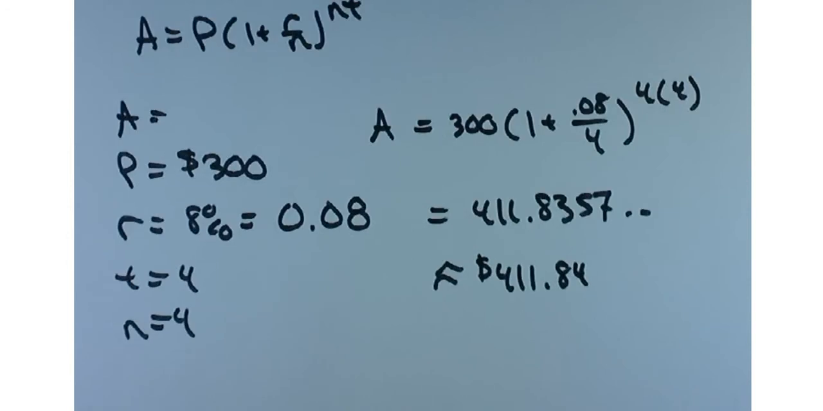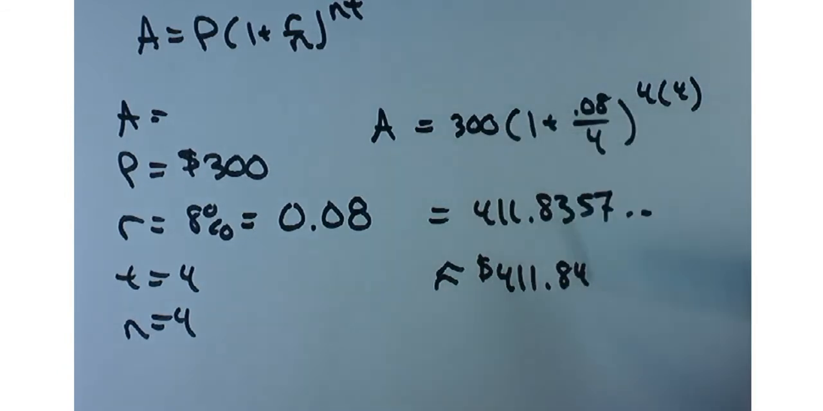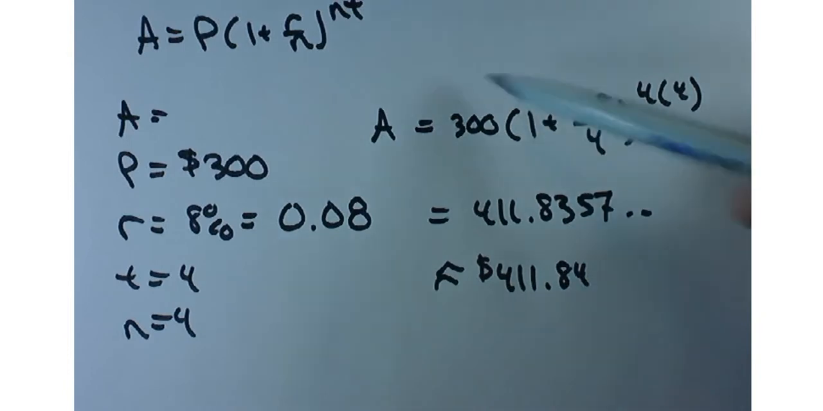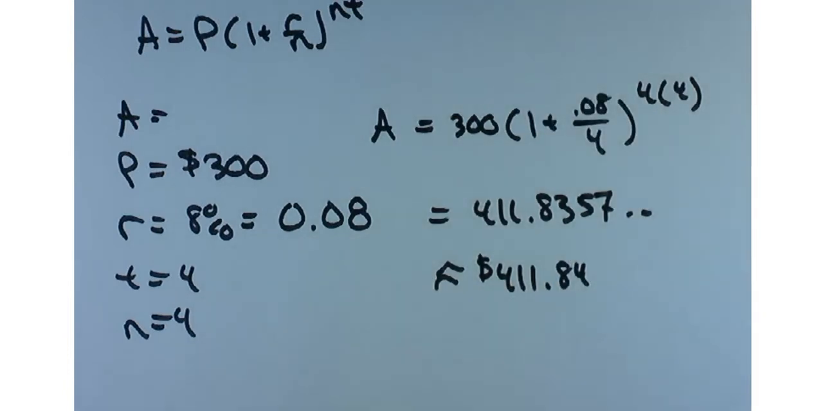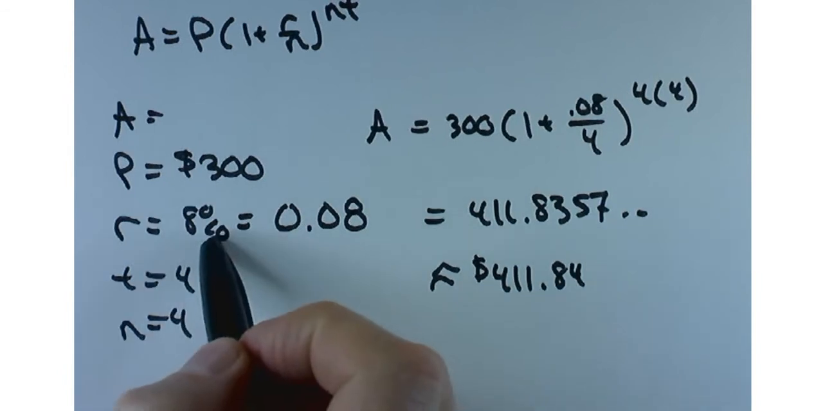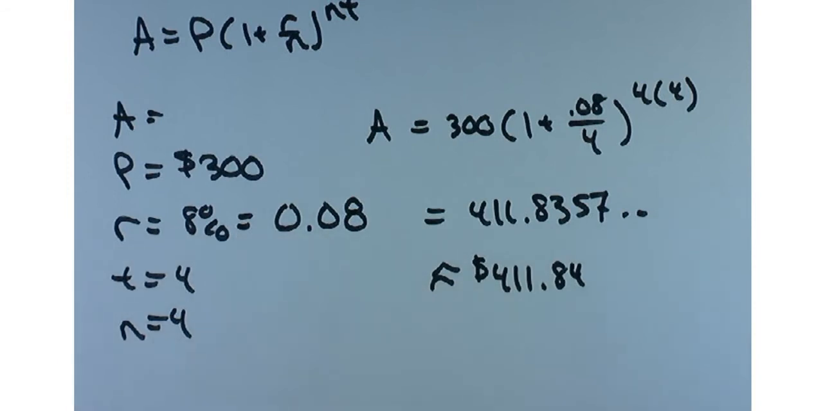Hey, that's how much it's worth. So how much in interest did you earn? Well, you start out with 300, you have 411.84. So the difference, 111.84, that's how much you earned in interest. So great. Now, good luck getting 8% on your investment. It's just not going to happen around here. Not anytime soon, but